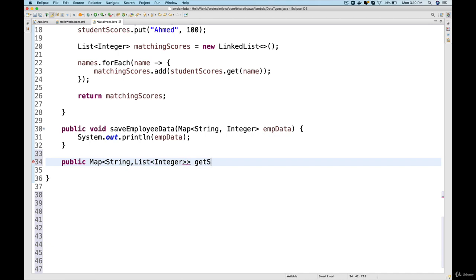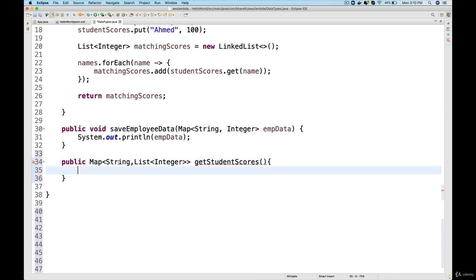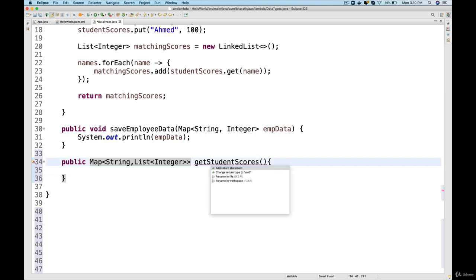The method name is get student scores. We are back to the students use case. We'll return all the students, their name and their scores in various subjects back. Hit Ctrl 1 to add a return statement